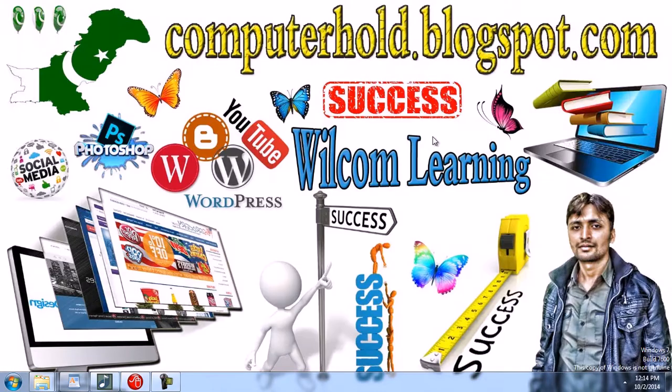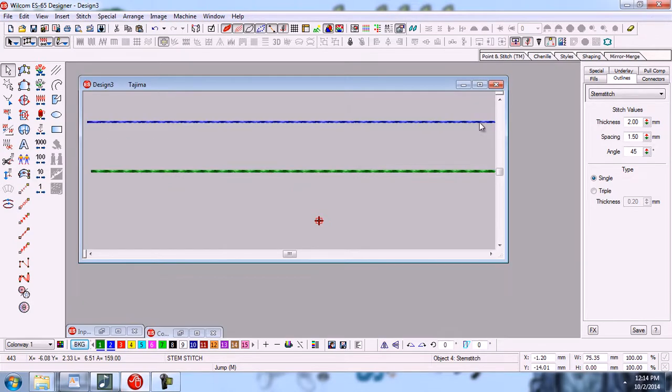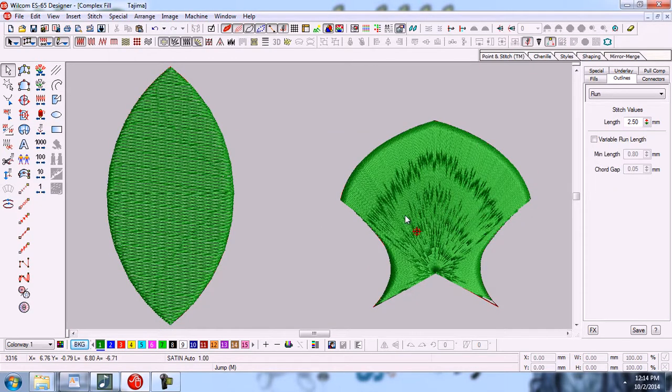Now I want to tell you that the main purpose of these tools is that we often use them for making the outlines of objects.